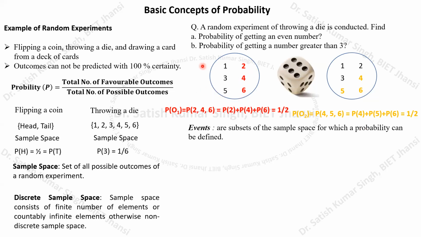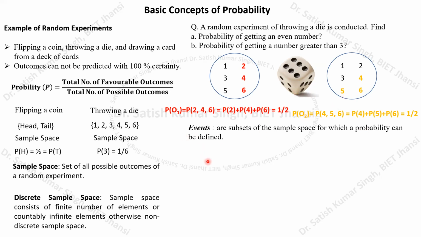Because there are a total of 6 possible outcomes, out of the 6 possible outcomes we are defining a different subset, and that subset includes all the even numbers. Similarly, we can have another subset in which we ask for the probability that the number we get is greater than 3. So this is another subset. These subsets of the sample space are known as the events, right?